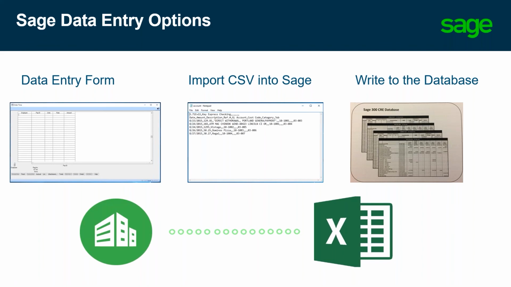When we start talking about managing large data sets using entry screens such as these, the task can seem quite daunting. To manage larger data sets, we can use import functions within Sage. Most frustrations we hear stem from formatting the CSV properly. Another option, which we'll be going over today, has to do with writing values directly into the program itself using